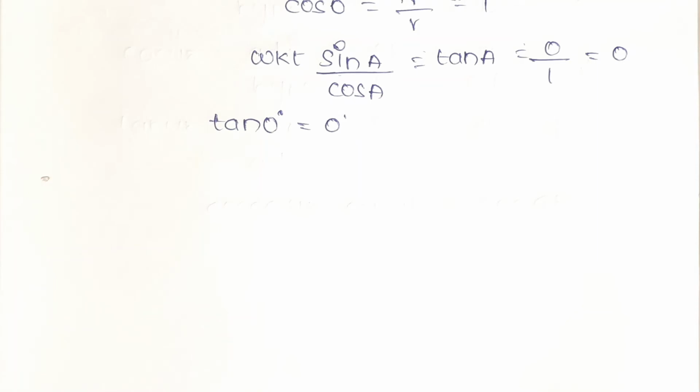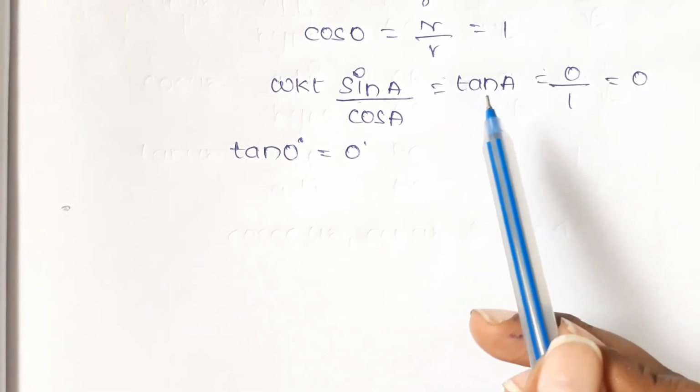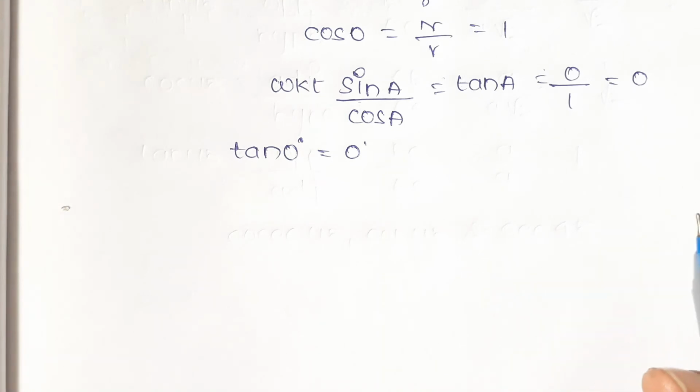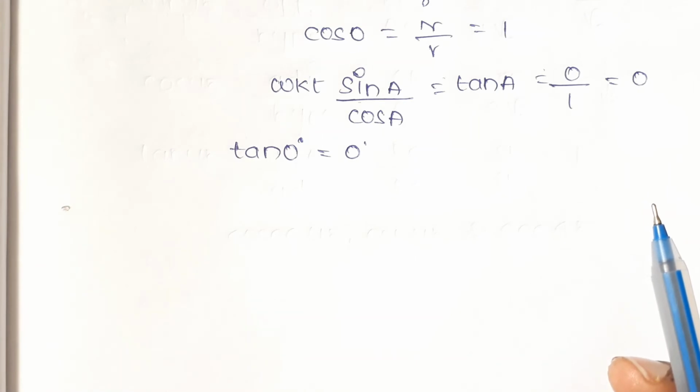Let us see what happens when the angle made by AC ray with AB increases. And by using these values, you can find the secant, cosecant and cot 0 values. And now let us see for 90 degrees. Let us see what happens when the angle made by AC ray with AB increases.